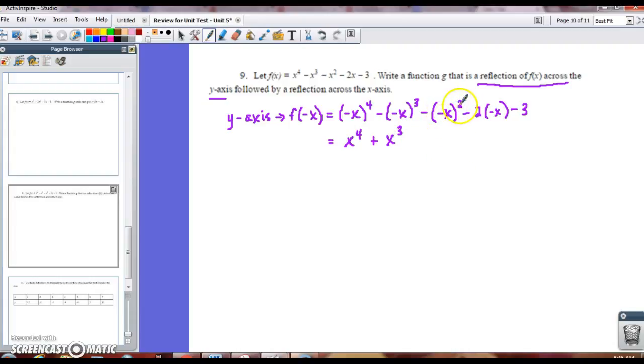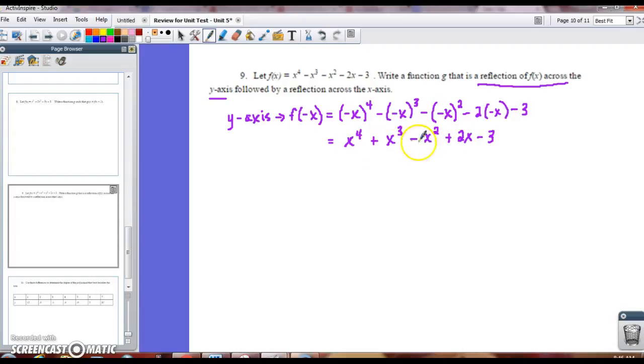Over here I have negative x squared. That's an even exponent, so that will become positive, but then I still have this negative in front. So this is negative x squared. This negative times this negative becomes positive, and then that constant term stays as it was. So this is now the reflection